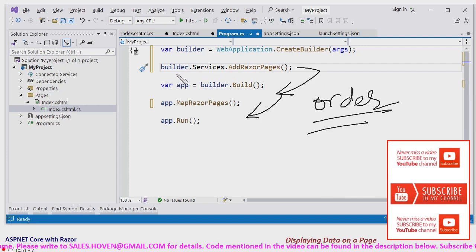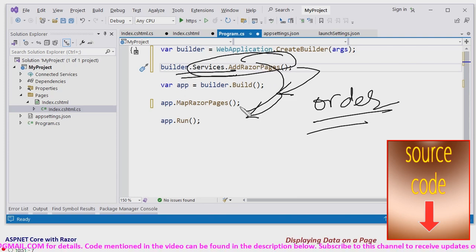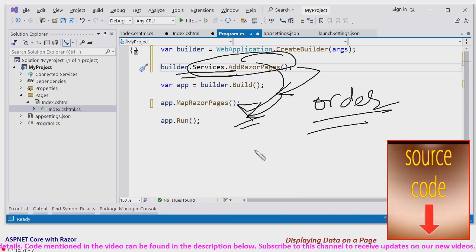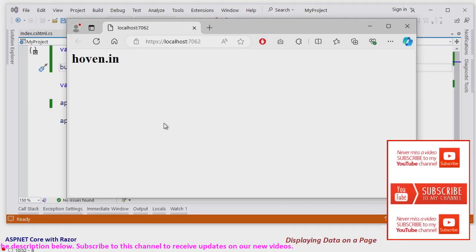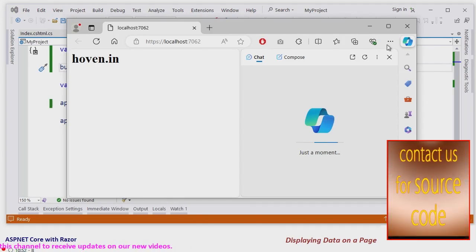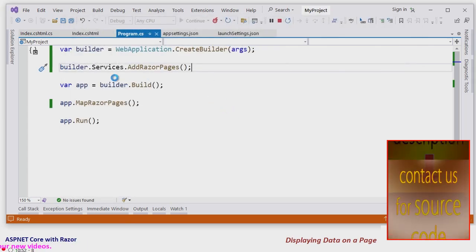Service first, then build, and then MapRazorPages. Let's run it, and we can see that the string is in fact displayed as we expected on the home page.